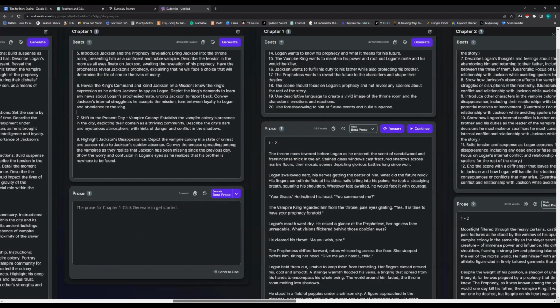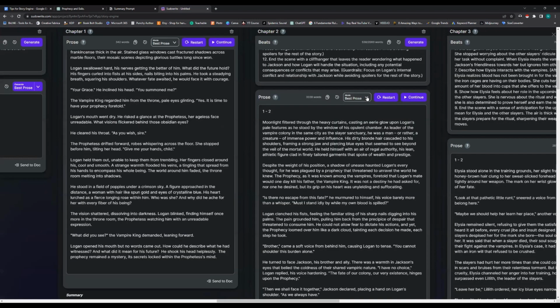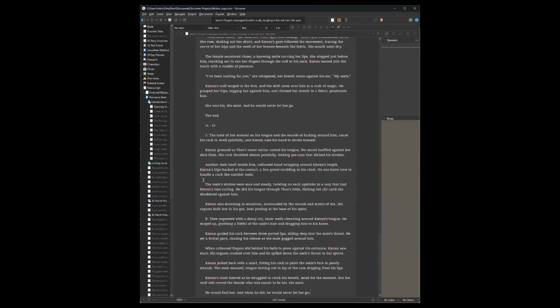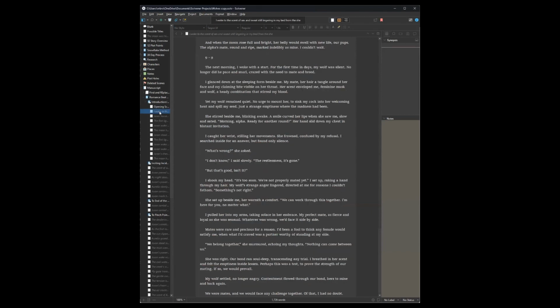And then what I do is I like to generate using Best Prose and Most Accurate. I find I get some really good ideas from both of them. So let me open up this other screen. So I generate Best Prose, and then I'm going to copy it into Scrivener, which I use. You can do this into regular Sudowrite if you don't have a specific program that you like. I'll go back into Sudowrite, generate in Most Accurate,